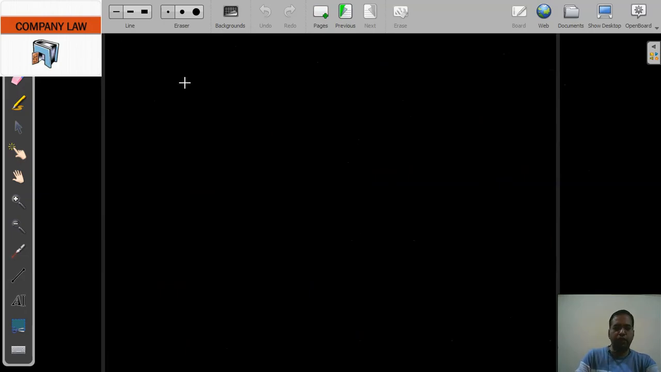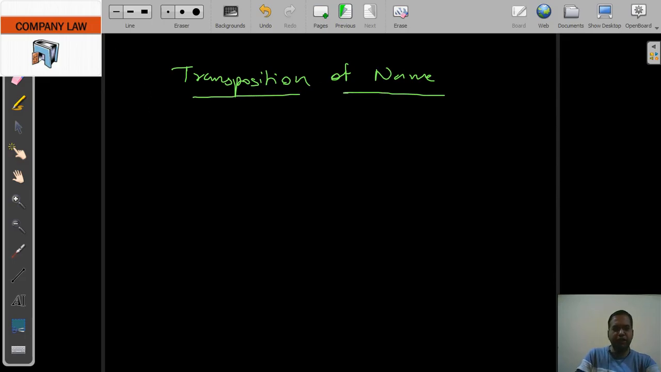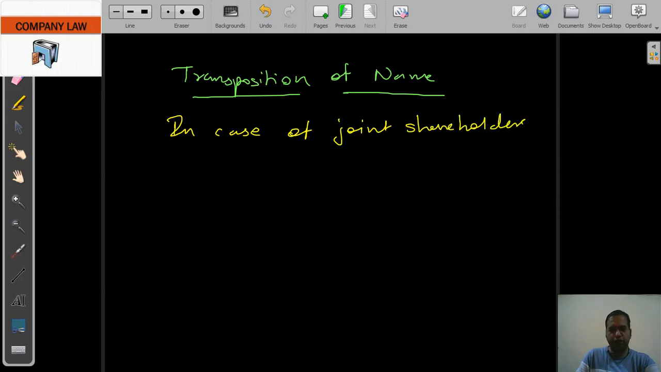Now we'll talk about the last topic, a very simple topic, that is transposition. Transposition of name. Okay, so this is just a kind of procedure, no particular provision is there. So basically what happens when there is a kind of rearrangement of the names, in case of joint shareholders, transposition of name